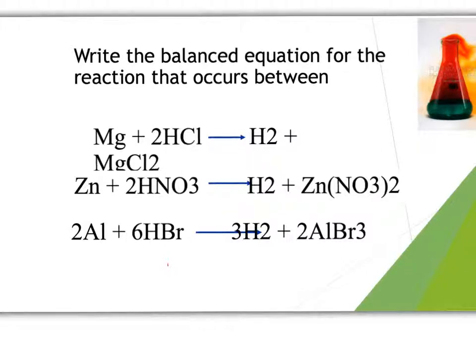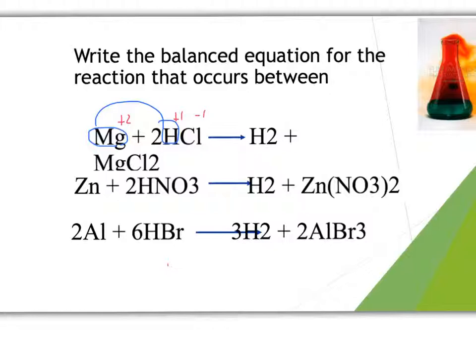Let's look at a few additional examples. Now here we have magnesium plus hydrogen chloride, or hydrochloric acid. Magnesium has a +2 charge, hydrogen has a +1 charge, chlorine has a -1. So our positively charged elements trade places. Therefore, we end up with hydrogen gas, remember hydrogen being diatomic, and we have magnesium chloride. Magnesium has a +2, chlorine -1, crisscross, we get